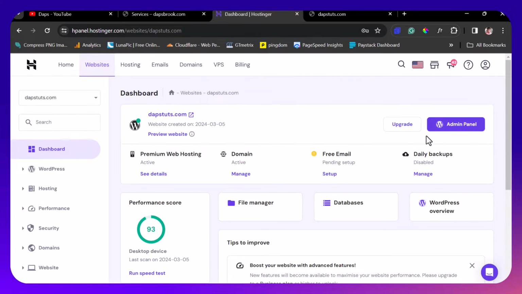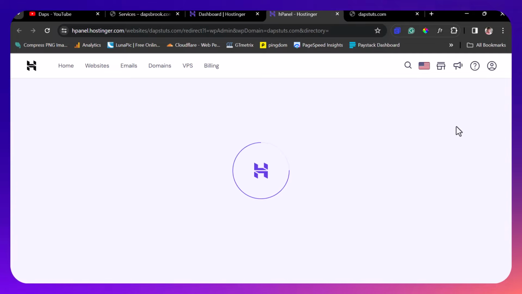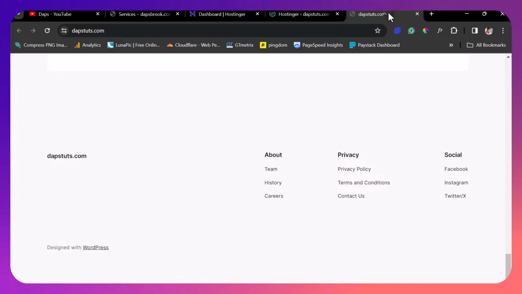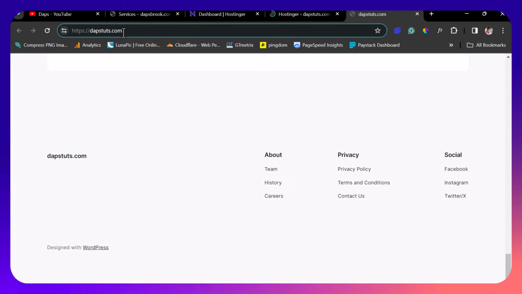You will see a place here for admin panel. So if I click this link, this should give me a secure direct access to the back end of that WordPress website. However, when you were creating an account like I did earlier, I created a password for my email, so I can just literally come back here and just do wordpress.com/wp-